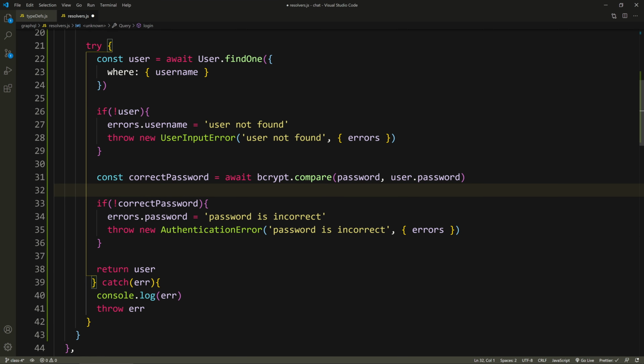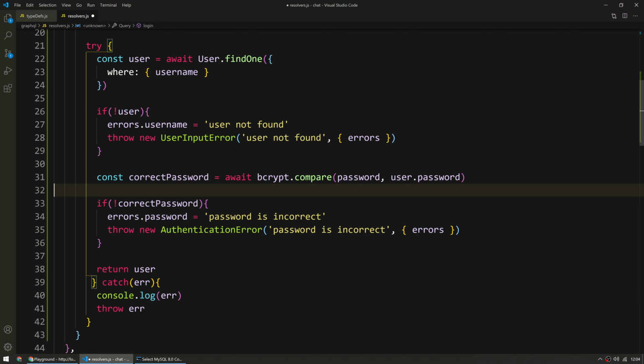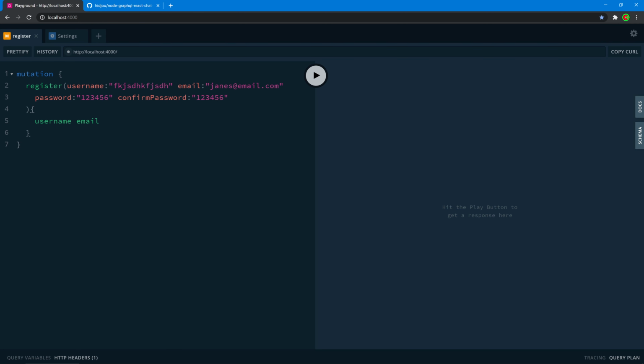Okay, so we can actually test it. Open the terminal and run npm run dev if you haven't run it already. Alright, let's close that. I'm going to go back to Chrome and refresh this. Here I'll use the login, and by the way, you can have multiple operations just like this. So we'll say query login,